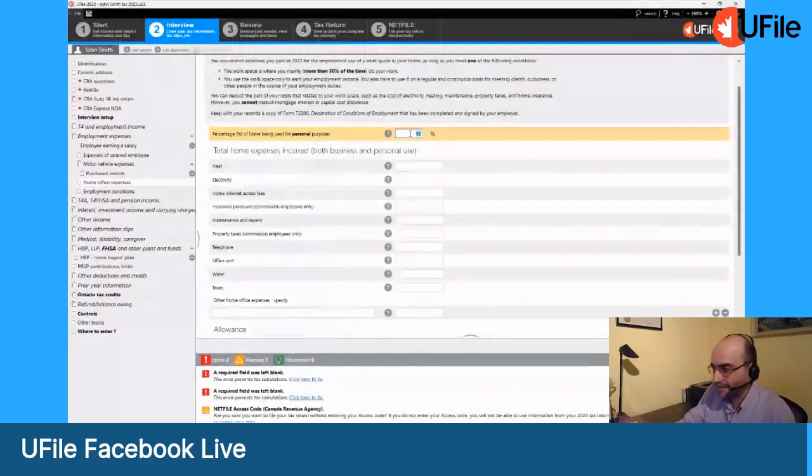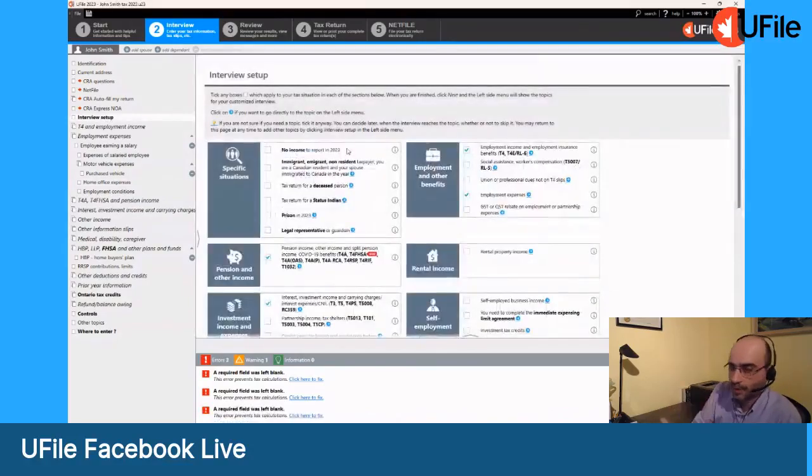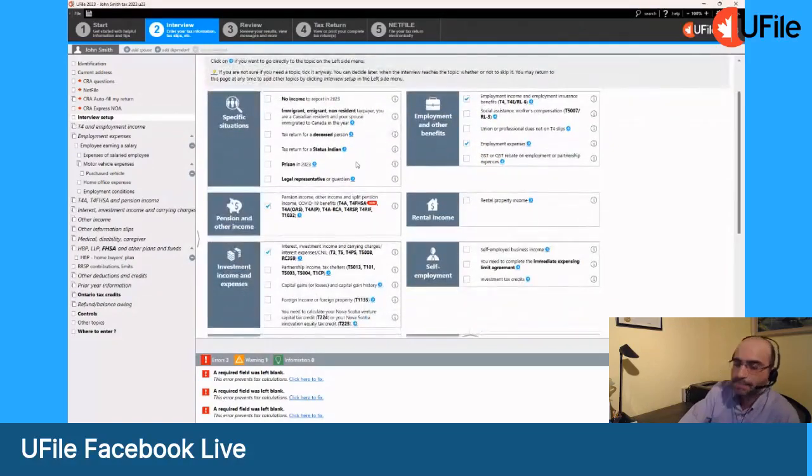Okay, so that's a very important calculation that you have to do. So that's employment expenses. Let's have a look now at T4A boxes 20 or 48, or 28 as well, when it comes to self-employment income. So, for example, you could be a contractor, and you get a slip from your customer where you've done some work for them, in this case.